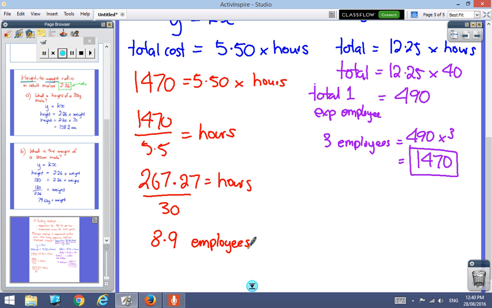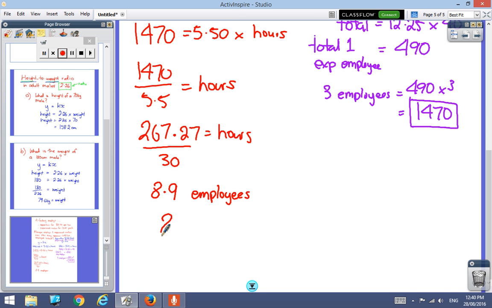Normally, I suppose we would round this up, but they actually can't afford 9. They can actually only employ 8 and almost a ninth. So our final answer here would be they can employ 8 apprentices for the same money